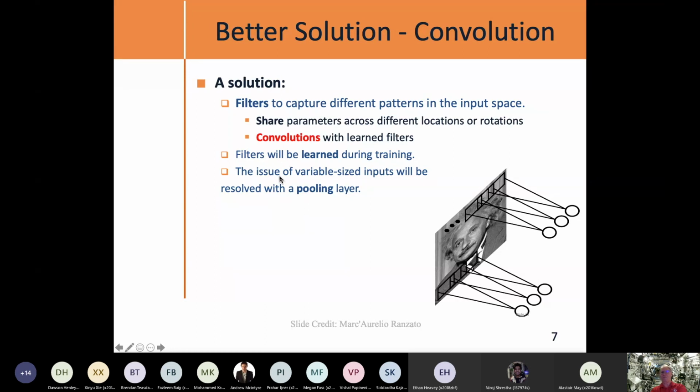The solution turns out to be something called convolution. The idea of a convolution is mixing two functions to create a new function that's more useful than either one of the individual functions. By doing this, we can reduce the number of weights in the network through a sharing of weights at each one of the layers, or filters, it's called. If we do this several times up through the layers, then we gradually create more abstract feature filters, things that can identify stuff in the image, all the way up through a chain. So let's dig down on this a little bit more.